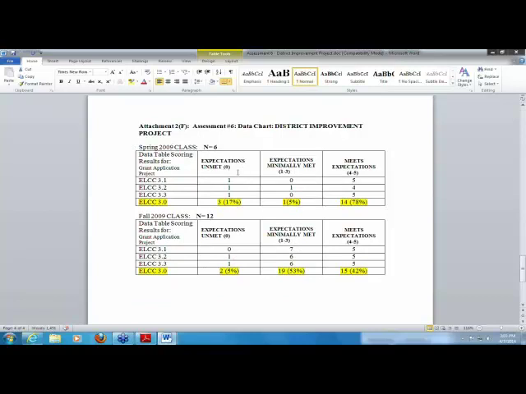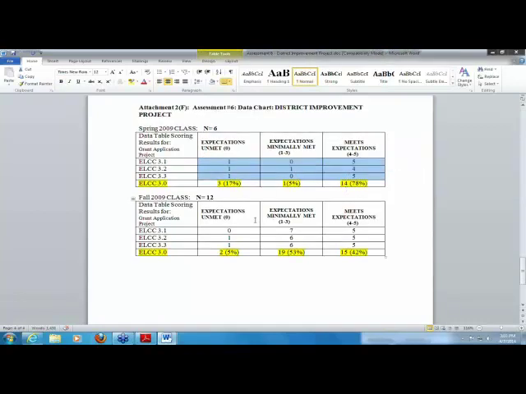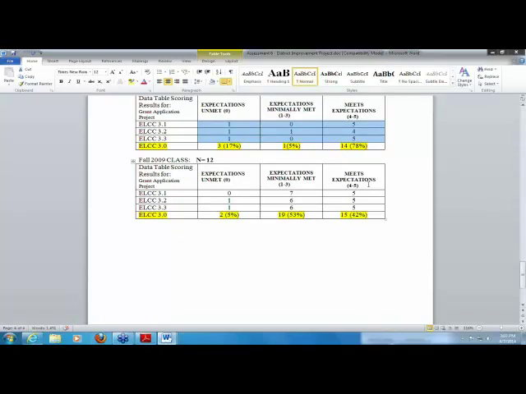You'll notice this data chart has the levels of the rubric, and it lists the elements down the side, and it's giving you aggregated totals, in this case numbers. The N is 6, and of that 6, here's the aggregated numbers. They could have also used percentages. We don't require that they use numbers. They could have used percentages, but in any case, you'll notice that they're giving the data by the element,